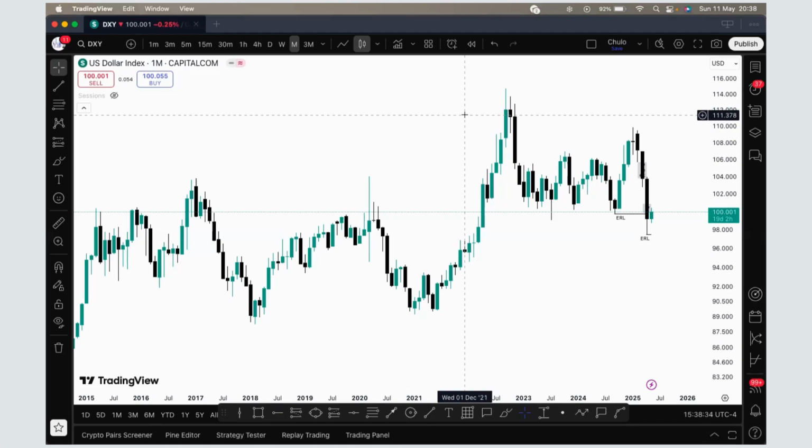Then the 1 hour is where I'll possibly look for another 1 hour reaction, or take my entry from the 1 hour if I'm looking at the monthly time frame as my directional bias. So if I'm looking at the weekly time frame as my directional bias, I go down to,